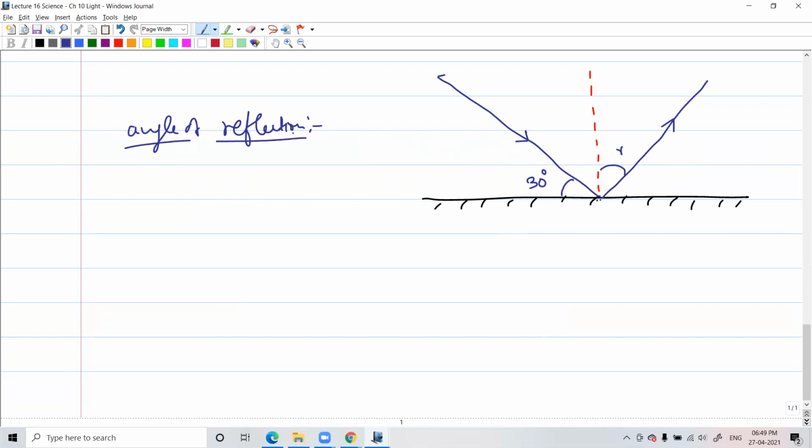You have to tell me what is the angle of reflection here. What is the angle of reflection in this? 60 degrees. Everyone agrees? Is it 60 degrees? 40 degrees, sir. 60, sir. Okay, 60. Guys, everyone agrees? I have written here 30. So is it 30 or is it 60? Which one is right? 60, sir. Why is it 60?